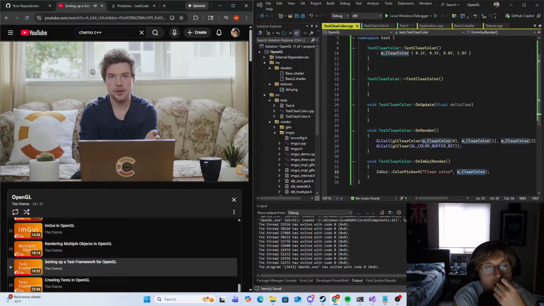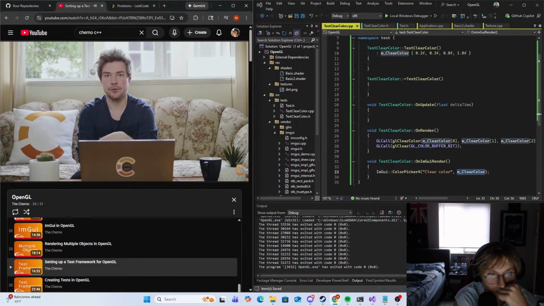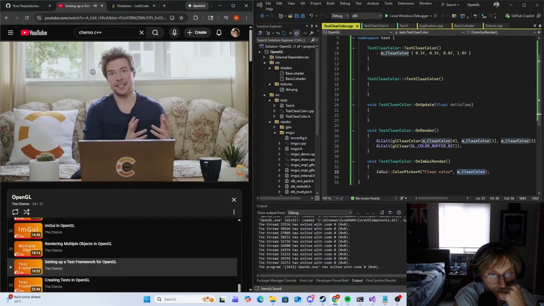Go ahead and make a test menu, make more than just one test. I've just made a clear color test. What you should do is go back through all the episodes and see if you can make a test for textures, or just a quad with a certain vertex color, which you can customize, or maybe a quad with a uniform that you can customize as well using ImGui. Make all of these tests, add them to a test menu, and then share your solution in the comments below